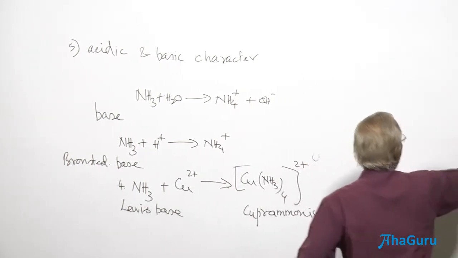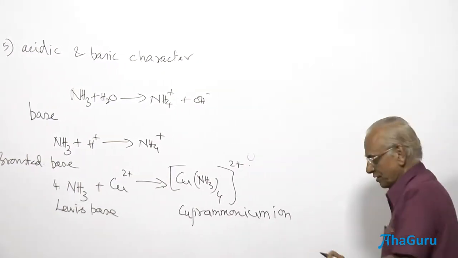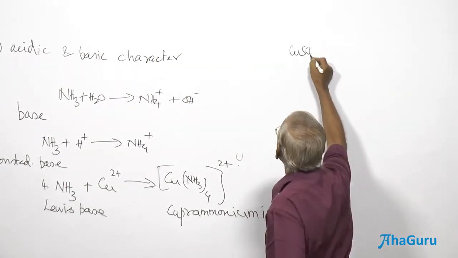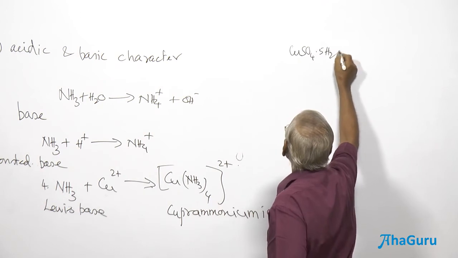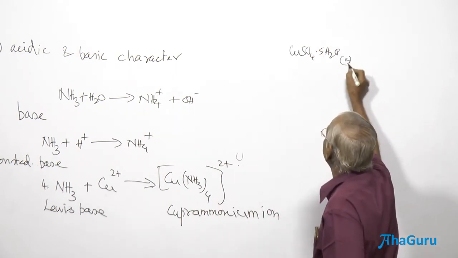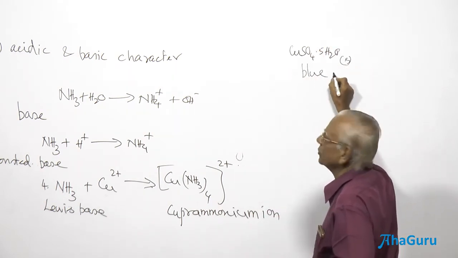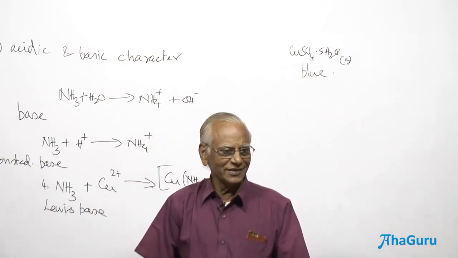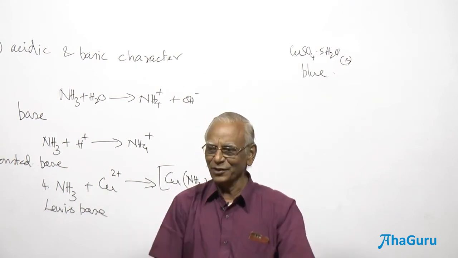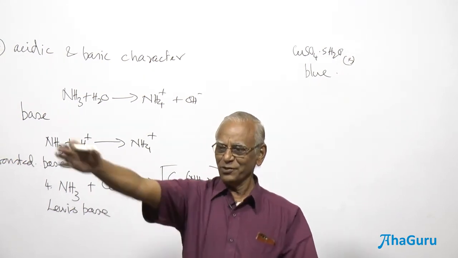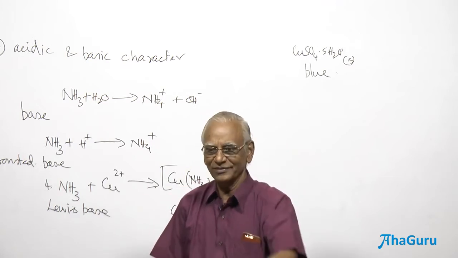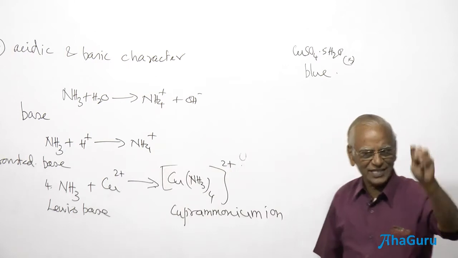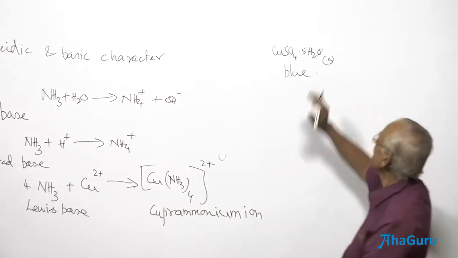I told you, I'll give you one reaction which is repeatedly asked as an observation. You take copper sulfate pentahydrate, CuSO4.5H2O. What is the color of that particular solid? Blue. It's called copper sulfate blue. You go and buy a material, you get different blue shades: sky blue, navy blue. Copper sulfate blue is a characteristic of copper sulfate.